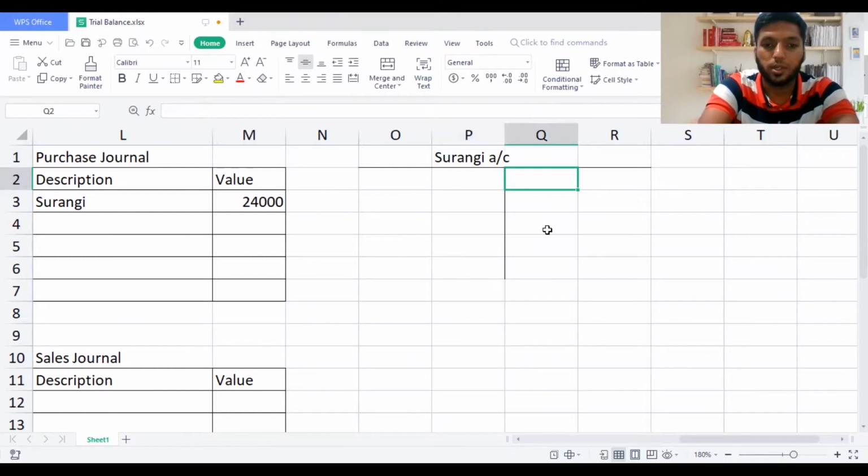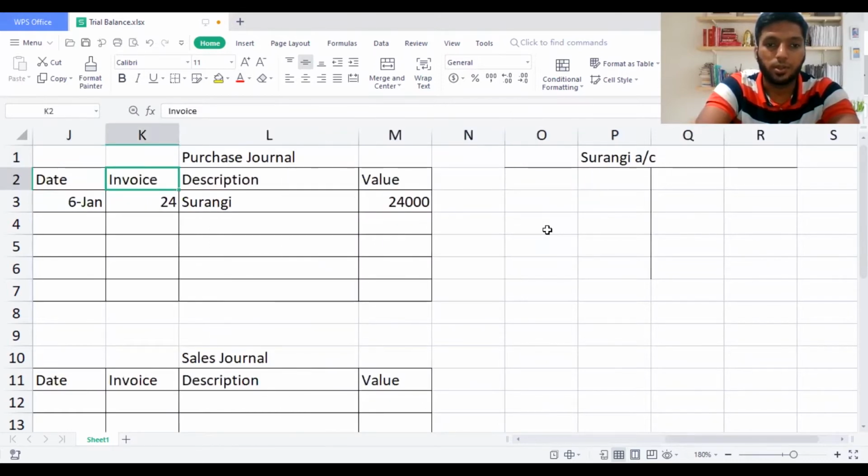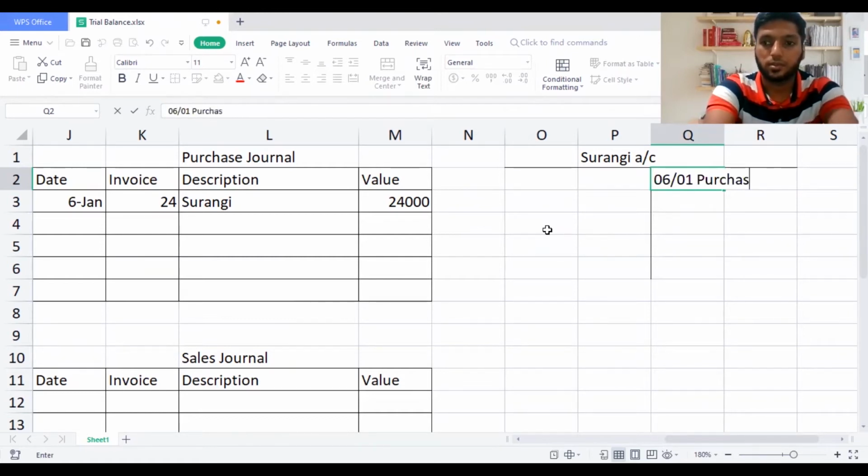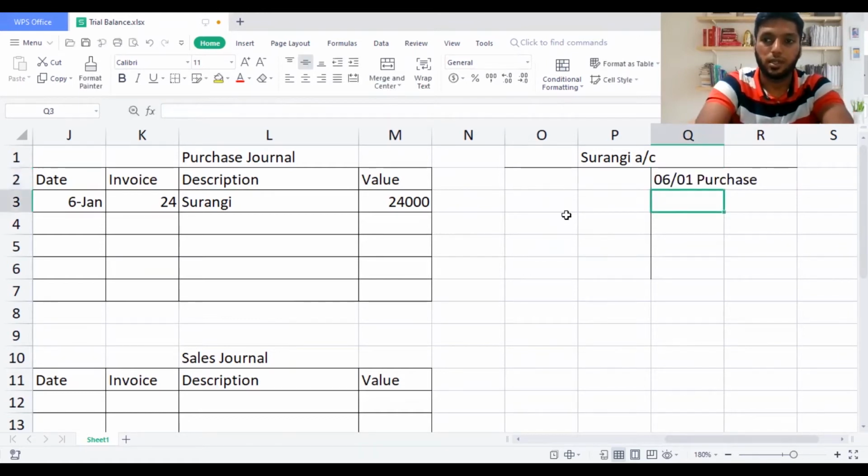Most of the time, the balance is going to be on the credit side because it is a supplier. A purchase journal is done with the credit supplier, not a credit customer. You need to understand that first of all. So a credit supplier falls on the credit side. So I'll write the date, 6th first. I can write purchase. I'm not yet done. I have a few more things to do on this diagram. Then we move on to the next part.